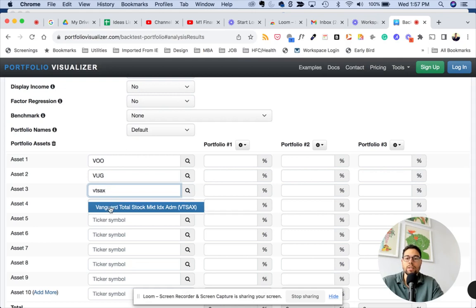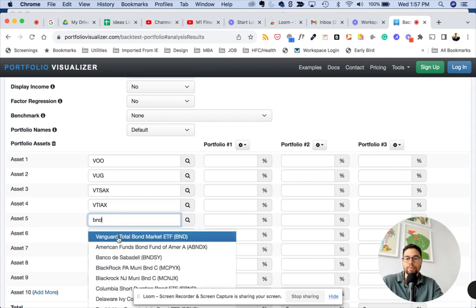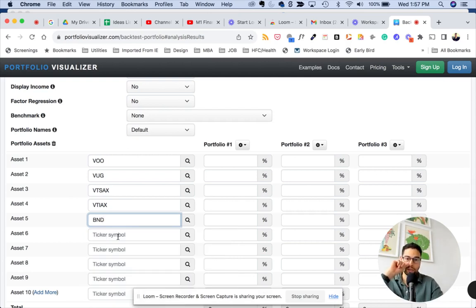VTSAX, VTIAX, and why don't we also throw in a market bond situation. So portfolio one, this is my portfolio, 50-50 across VOO and VUG. My old portfolio would have been 80-20 here. And then I think